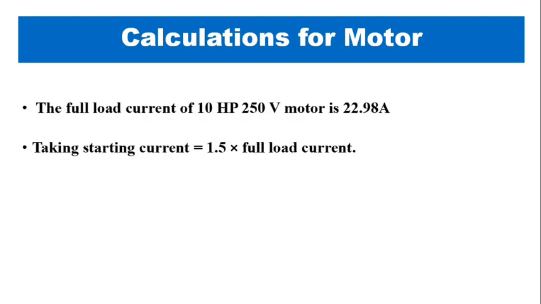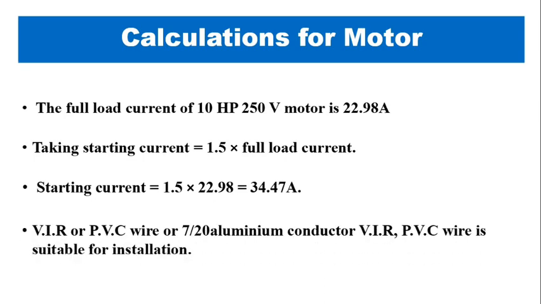So you have taken here 1.5 into the full load current, 22.98, which will get 34.47 ampere. So from that we have decided on VIR or PVC wire, 7/20 aluminum conductor wire, which you are using for the installation. Always you will use the VIR or PVC wire, aluminum conductor or copper conductor wire,